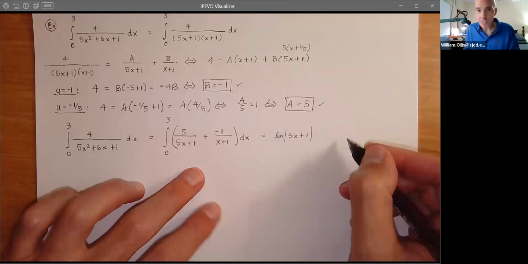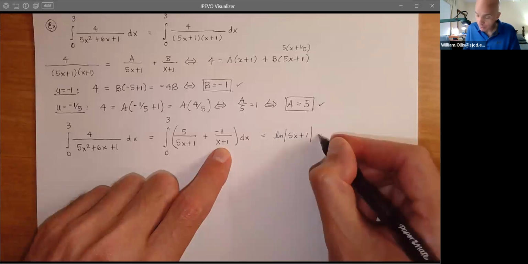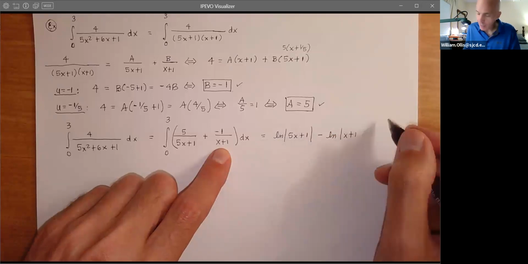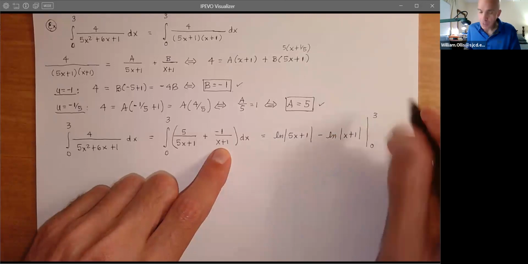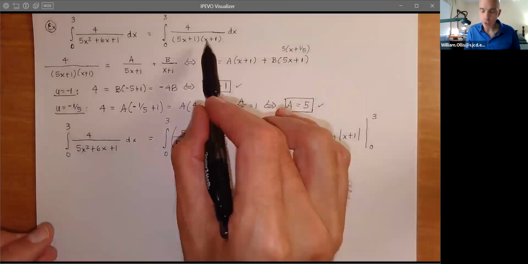And then, of course, this is table ready with a minus. So then we get minus natural log of x plus 1. So when it's easy, ladies and gentlemen, it's easy, 0 to 3. But you see the power of the partial fraction decomposition to take the distinct linear factors,